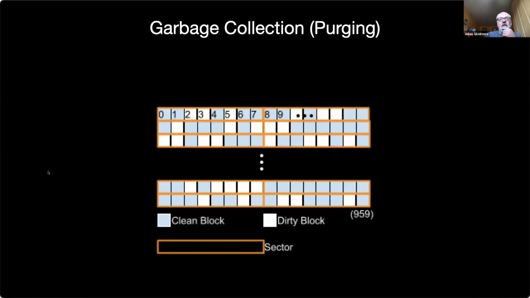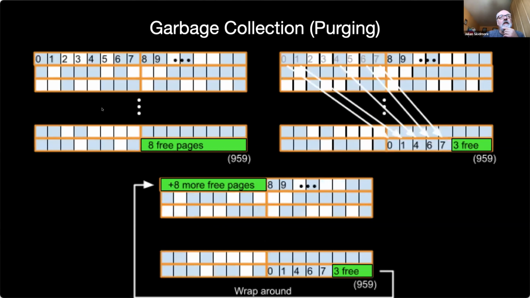And garbage collection works like this. If we imagine that this is a section of the Flash memory and some of these blocks are clean because they are still blue, and some of them have been overwritten and they are dirty blocks. And that happens all the way, say, to the end of the Flash memory. So the algorithm waits until we've only got 8 free pages left. And then what it does is it goes to the very first